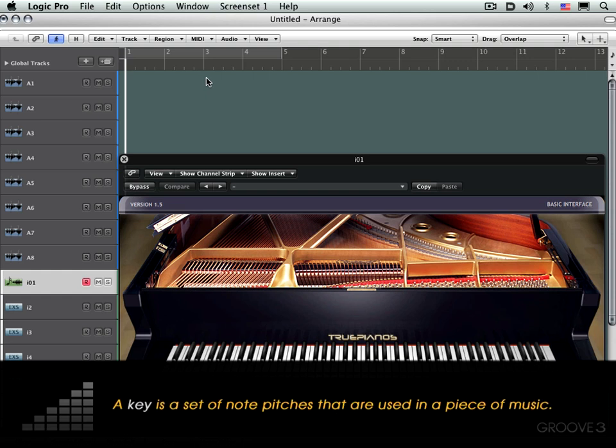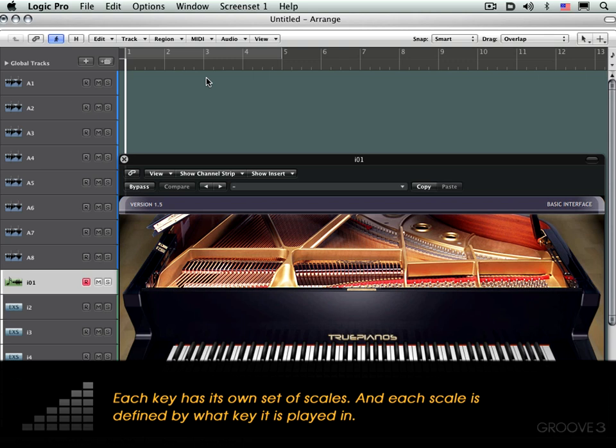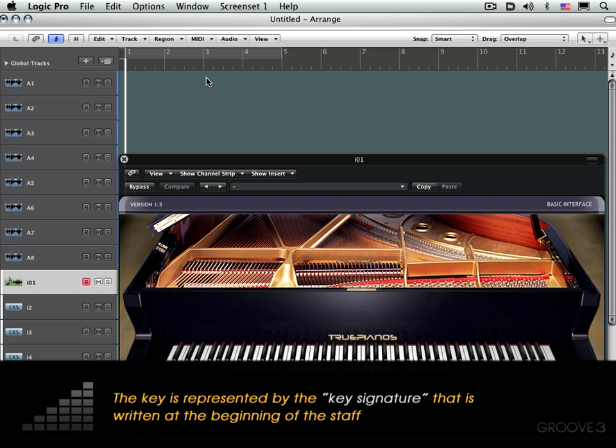A key is basically a set of note pitches that are used in a piece of music. A key defines a scale, and a scale defines a key. They're interconnected together. So each key has its own set of scales, and a scale is defined by what key it's played in. Now the key is represented by what we call a key signature, which is basically a set of sharps or flats that's written at the beginning of a staff